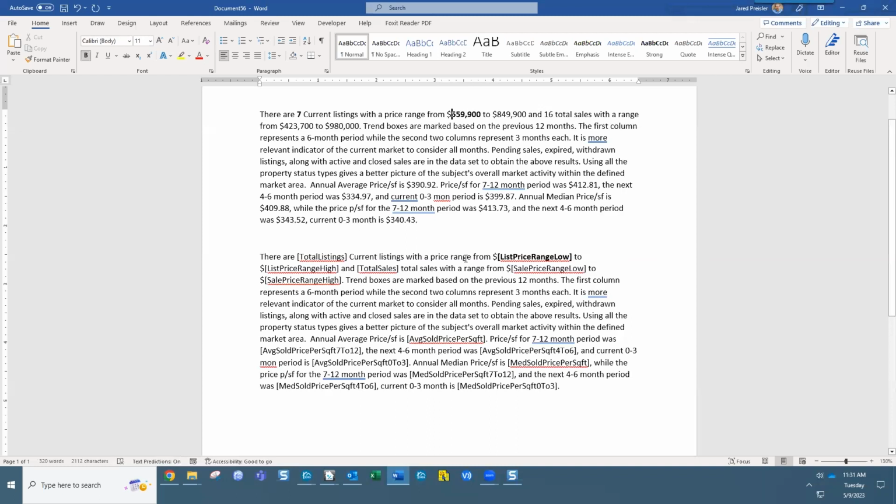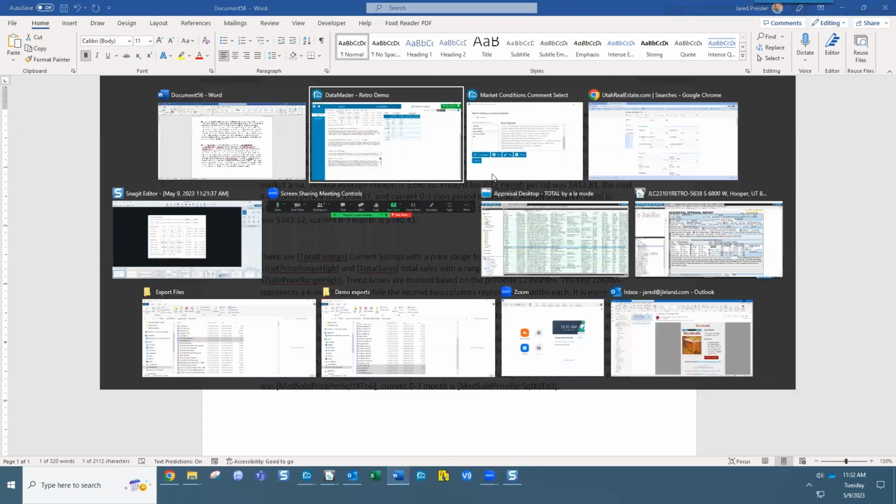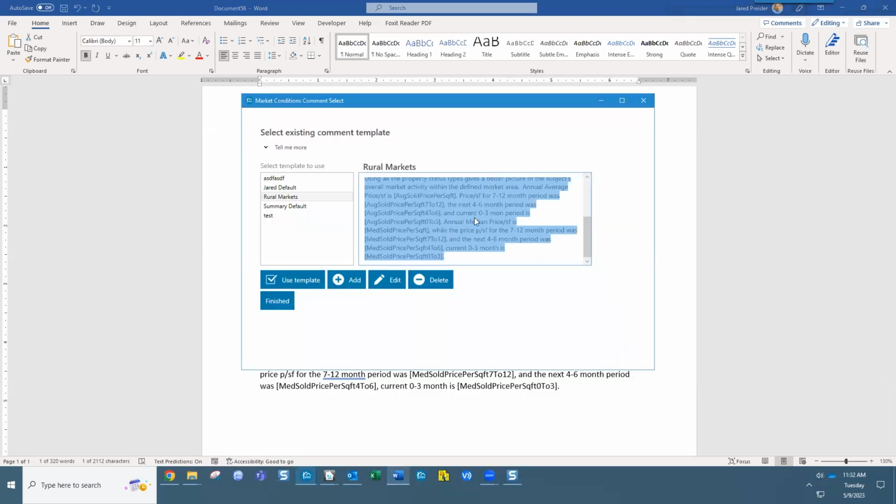So you start with a paragraph that you want. What is it that you want your paragraph to say? And you write that, and then we figure out which data tags we can plug in so that we can automate the process for you. So if I go back over to my statement here,